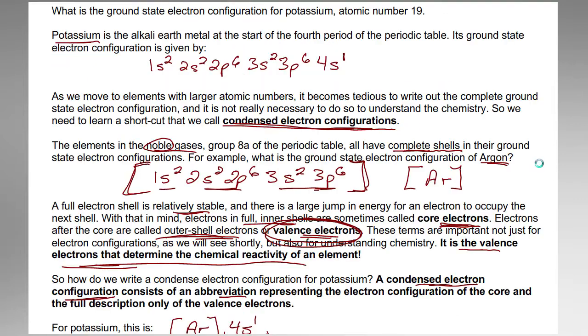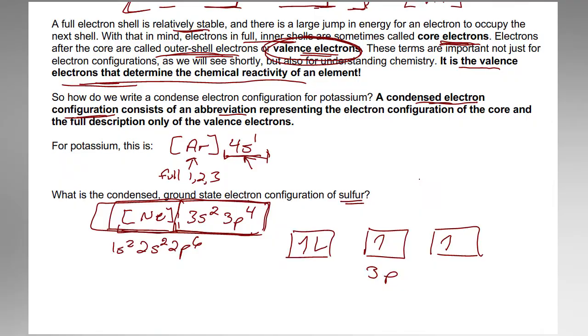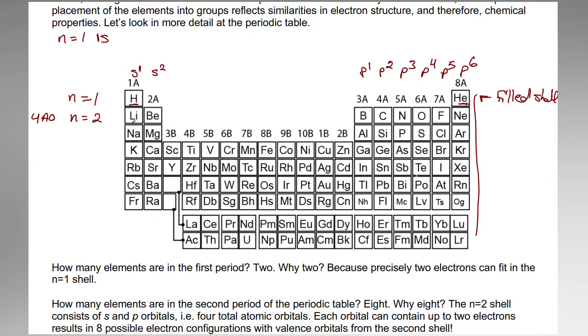So the ground state electron configuration of helium is 1s2. For neon, the noble gas immediately under it, it has a filled second shell, so 2s2, 2p6. But you're already seeing a shared chemistry between helium and neon in that they both have completely filled shells of atomic orbitals. Now, if we continue down the periodic table, looking at the n is 3 period, again, you see